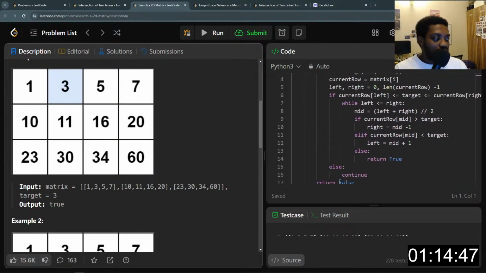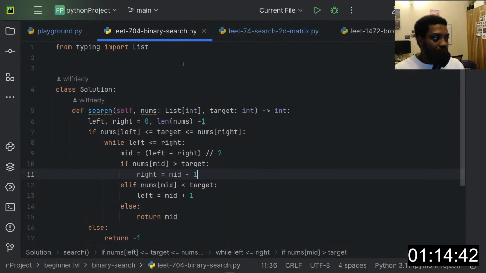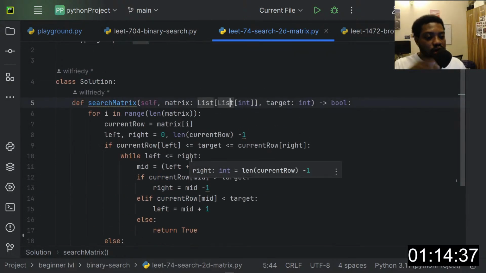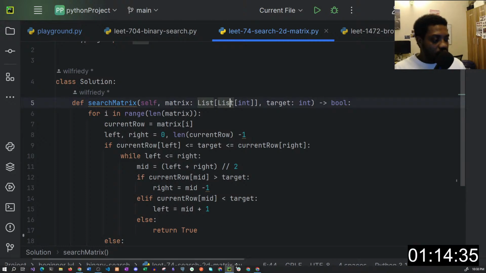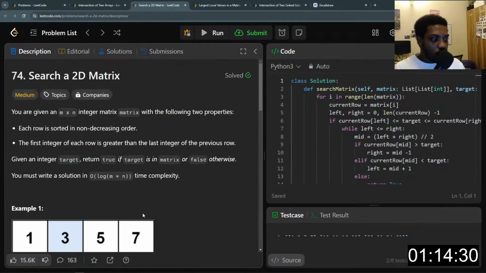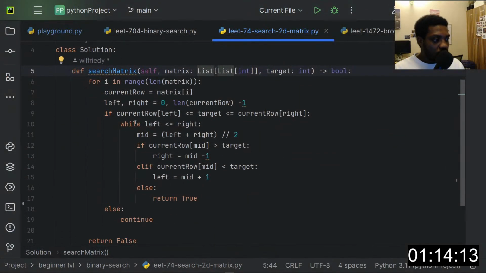Now, here is my solution for that. To solve this question, I'll just open this binary search. So here is my solution, and this solution is quite different to what is required. You must write a solution in O(log(m times n)), where m is the number of rows and n is the number of columns. But this time around, my solution is in